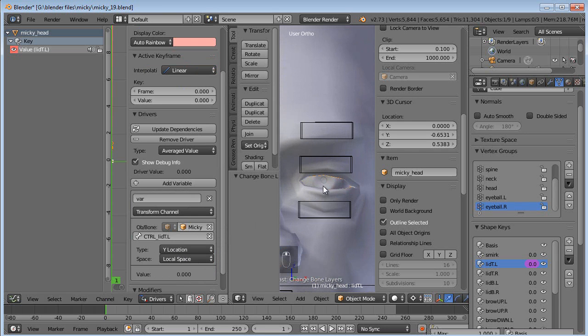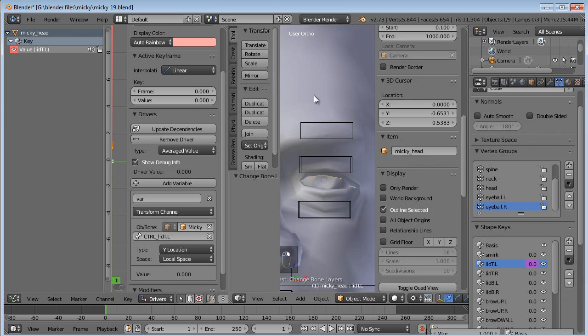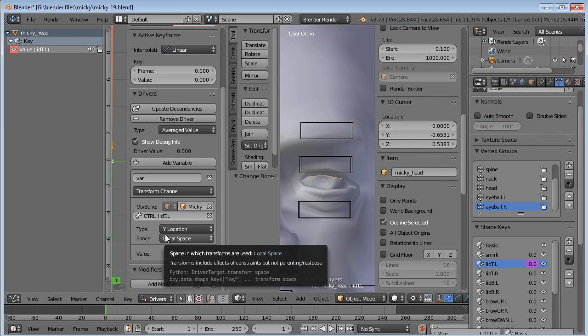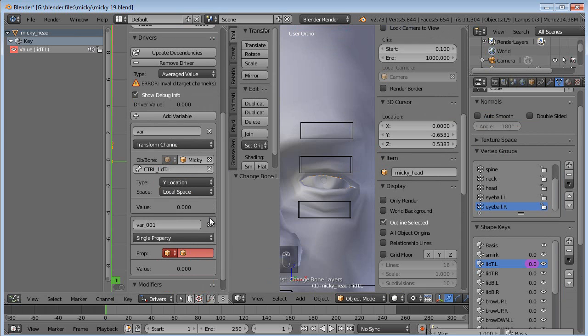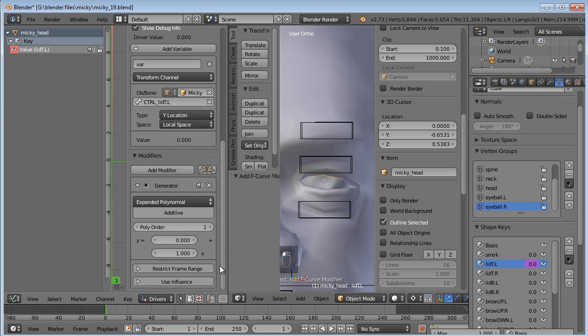So now if I come in here, zoom in on that, grab that, you see it affects it, but it's kind of the opposite of what I want it to do. So I've got to turn this, go ahead and under the place where we just added the eyelid controller, go ahead and hit add variable, and change this to, actually that's incorrect, go ahead and get rid of that, add modifier and say generator. That's what it is. And you want to set the Y to be a -1,